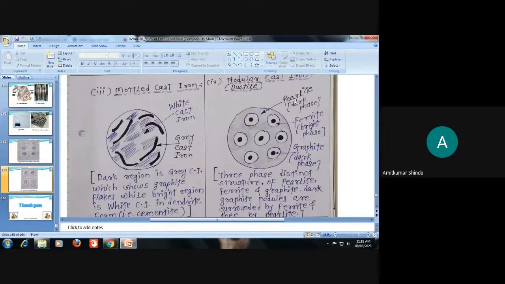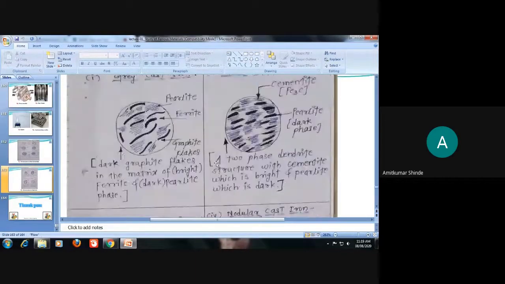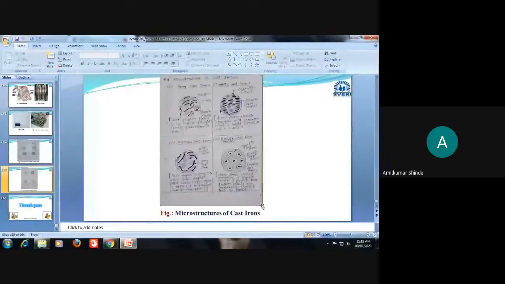It is pearlite. The main phase is the nodule: graphite is present in nodular or spherical form. That's why it is termed nodular cast iron, or SGCI, spheroidal graphite cast iron. Spheroidal means spherical graphite. This is the microstructure of nodular cast iron. So in this way we have discussed the microstructure of these four types of cast irons. Now after this, we will discuss the microstructure